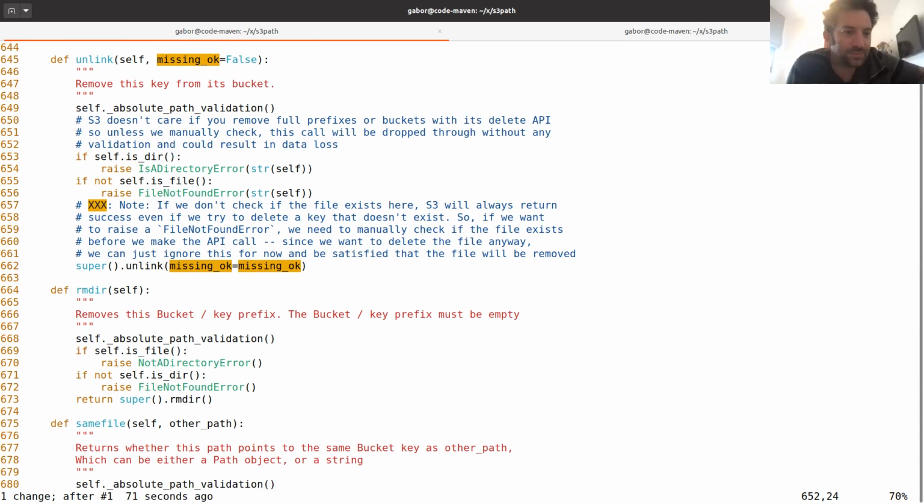Yeah. So why not just say here that these whole four lines are going to be executed only if missing_ok is whatever. Yeah, so you need to remember, we are not dealing with a local, optimized file system.